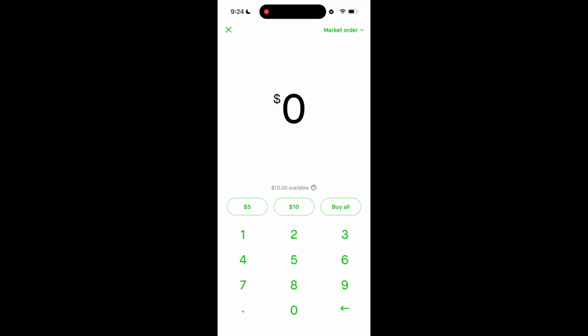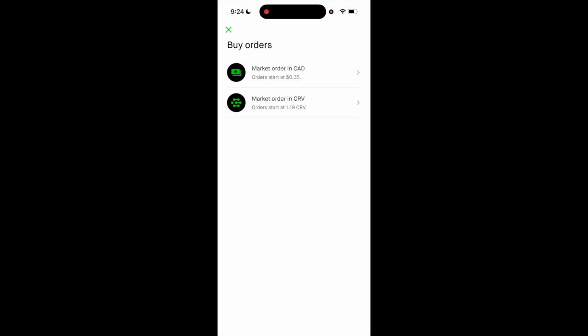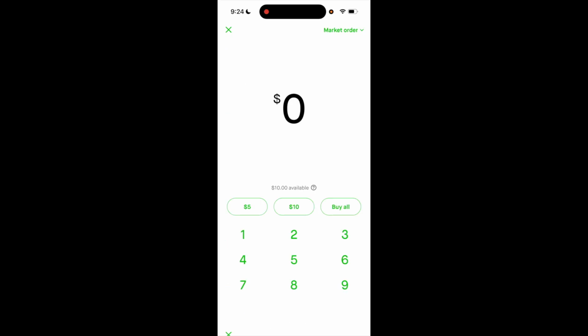Then at the bottom where it says buy, press that. Then on this page, you can go to the top right if you want and choose the order type. I will just keep it at market order in Canadian dollars for this example. Then on the bottom where there's a bunch of numbers, you can type in how much of the crypto you want to purchase. So for example, if you wanted to buy $7 worth, you would just type in 7 and